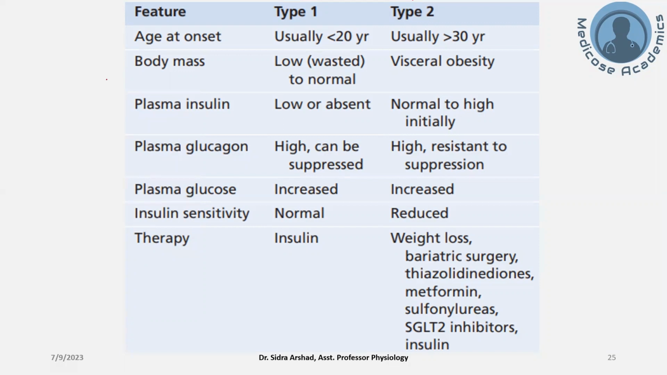For type 1 diabetes mellitus, insulin is essential as there is no production of endogenous insulin. It has to be administered from the outside. So insulin is the therapy for type 1 diabetes mellitus. In type 2 diabetes mellitus, weight loss is encouraged to improve insulin sensitivity. Bariatric surgery can also be opted for, and because it also reduces the